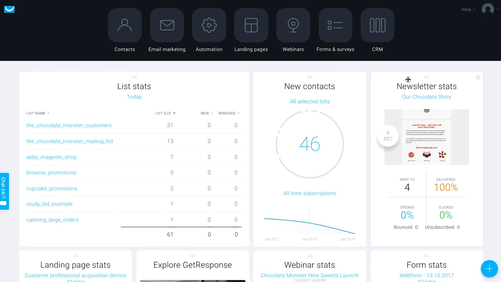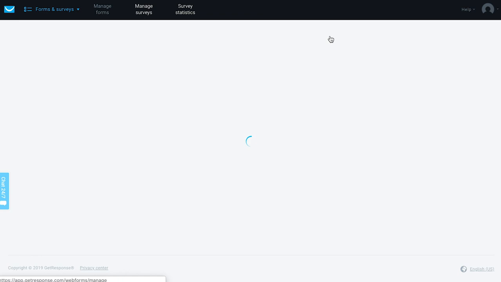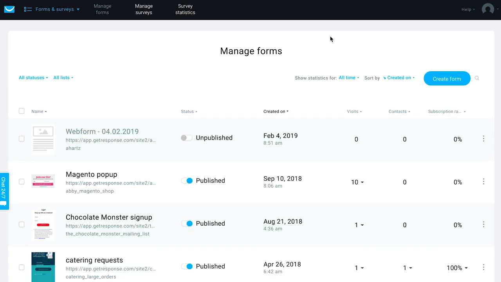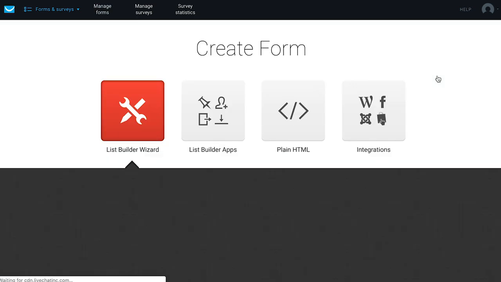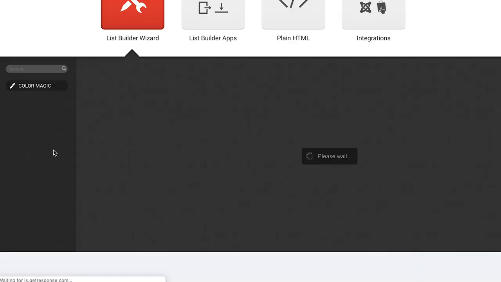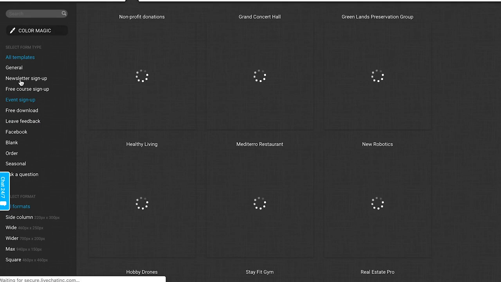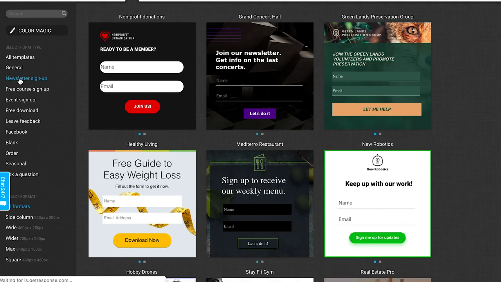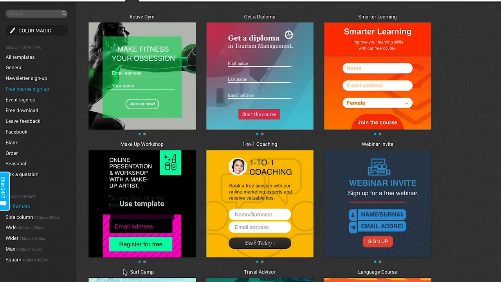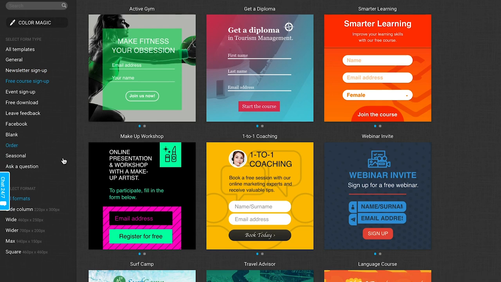You can create a sign-up form in your account by going to Forms and Surveys, and then choose Create Form. From here, you can browse through the different templates you have available. So you can see templates that are specific to newsletter signups or templates that are specific, for example, to free course signups. So you'll be able to check out those different types of templates you have, as well as the